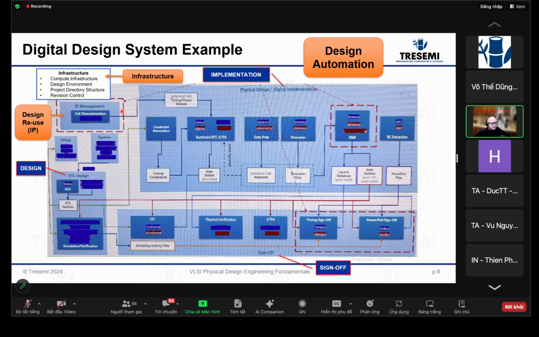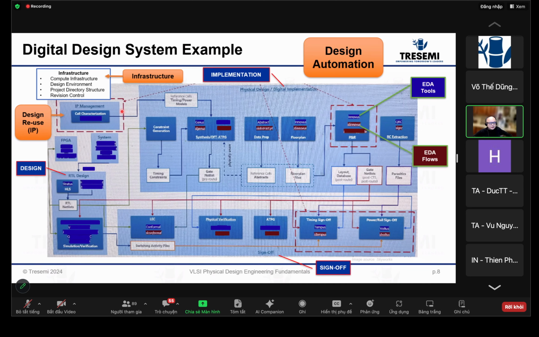Then there's the infrastructure involved: compute infrastructure, design environment, a very standard design environment, the project directory structure, revision control, etc. And on the design automation part, EDA tools like Innovus, the tool you learn, and also